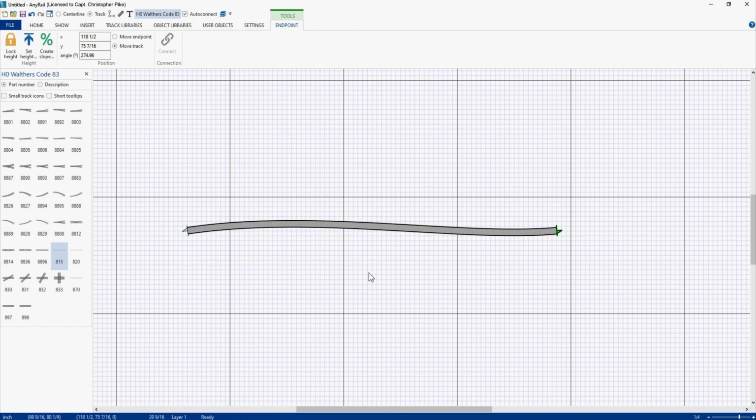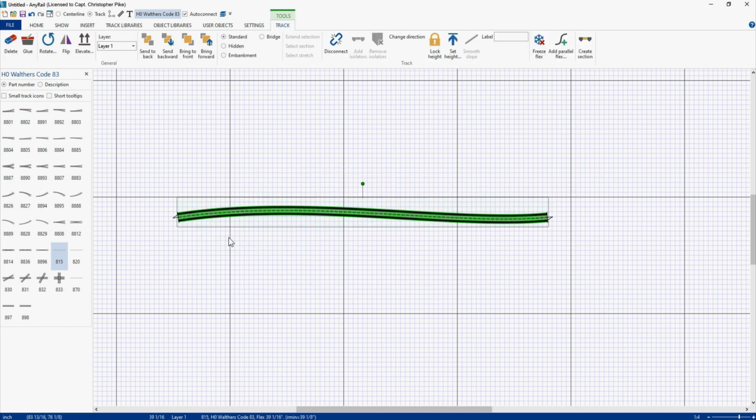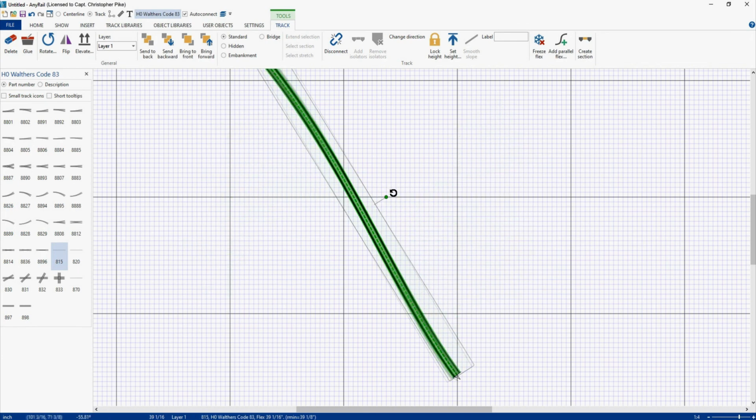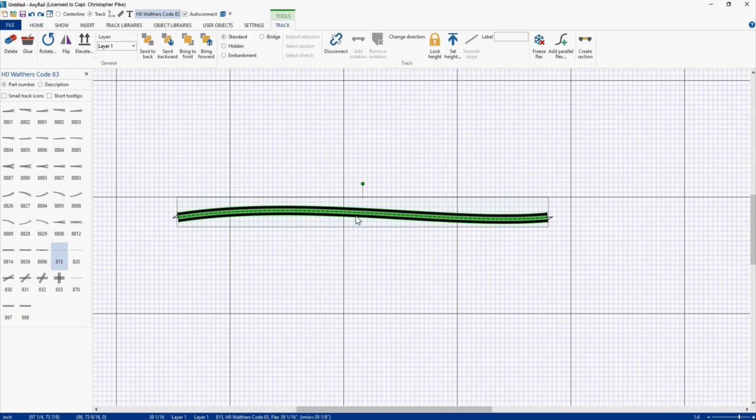Well, you think it's just glued. Not really. I can move it, and it's going to retain its shape. I can rotate it. It's going to retain its shape. But I can't change the curves. If I want to be able to change the curves again, come up here, hit unfreeze, or over here,